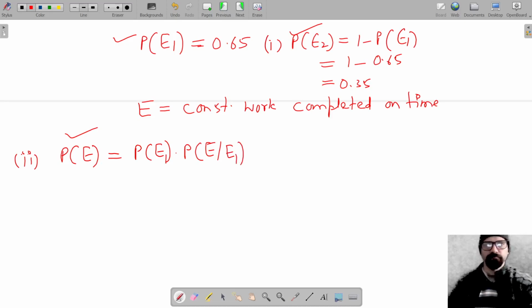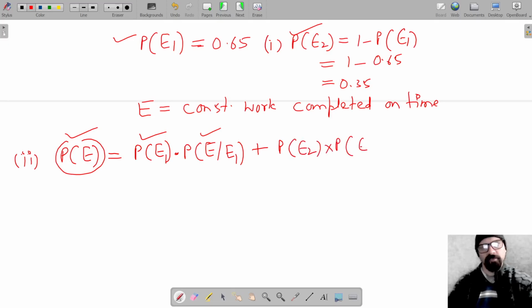So the construction work is completed in two cases: when all the workers are not present, and this is when the construction work is completed when all the workers are not present. Okay, second case was when all the workers were present. So that is probability of E2. And now construction work is completed when all the workers are present. So this is how the construction work is completed.